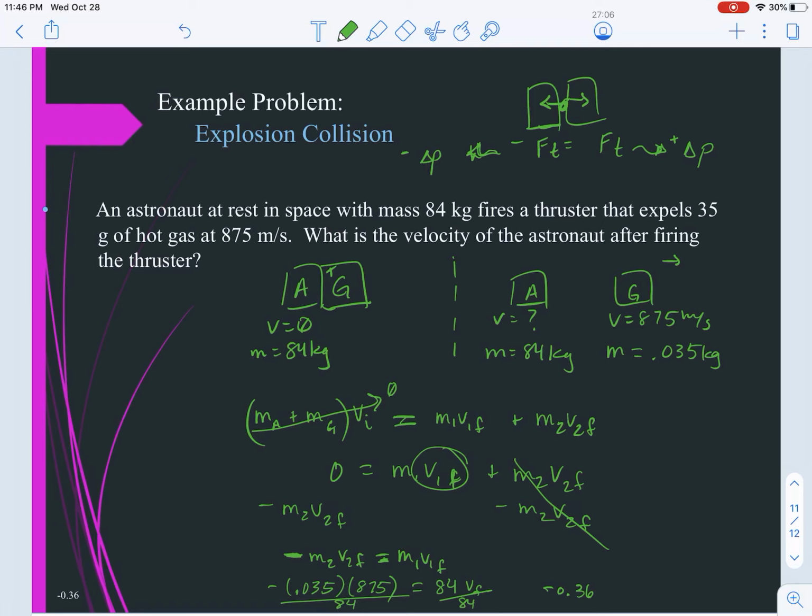If I identified the direction of the gas to be a positive velocity here, then it makes sense that my astronaut goes in the opposite direction, so his velocity should be a negative. So for this question, you should calculate a negative velocity of 0.36 meters